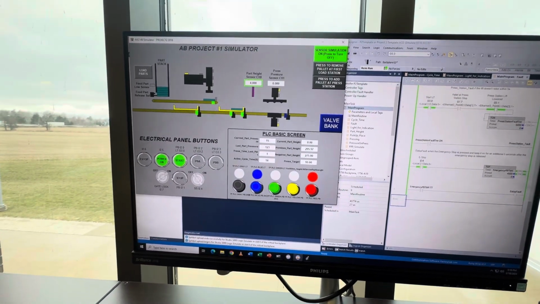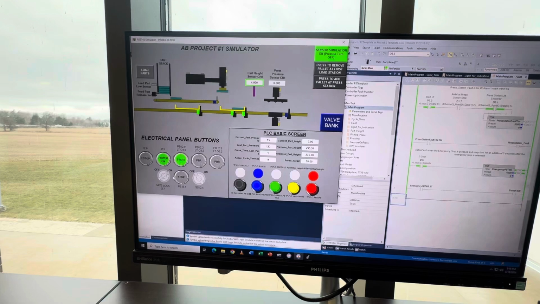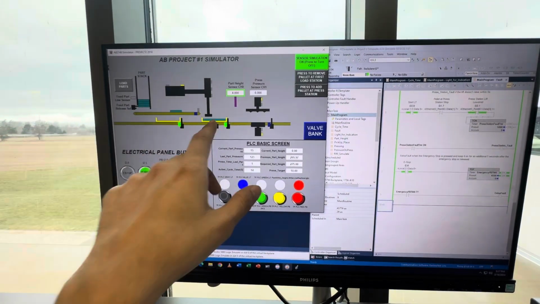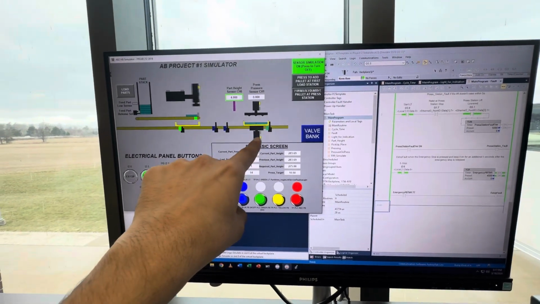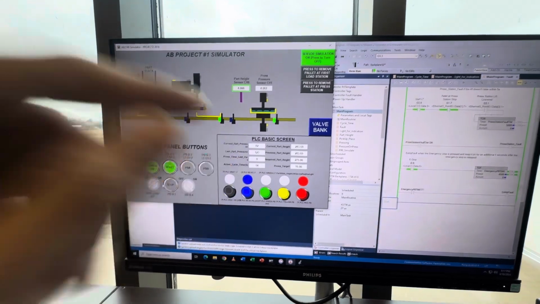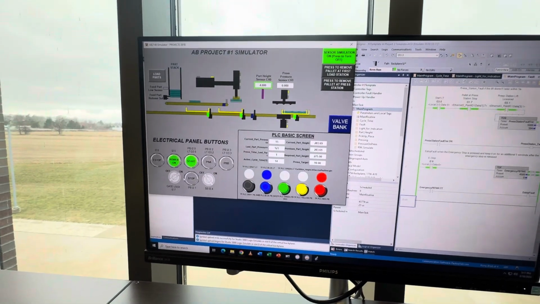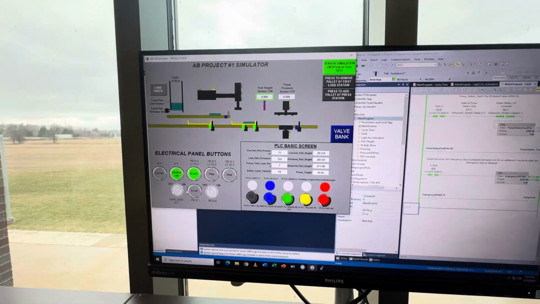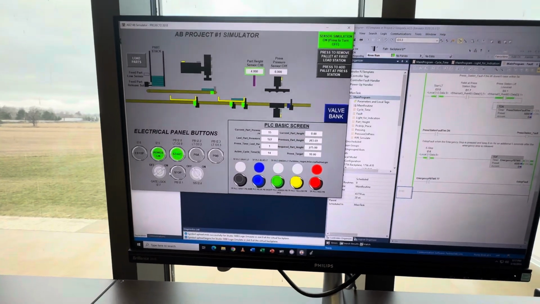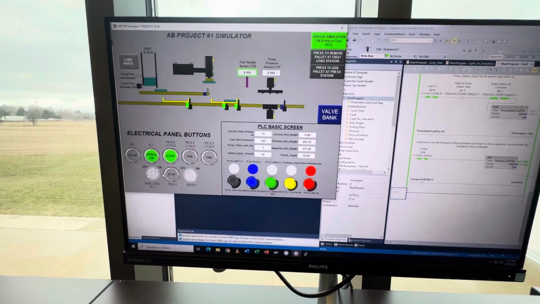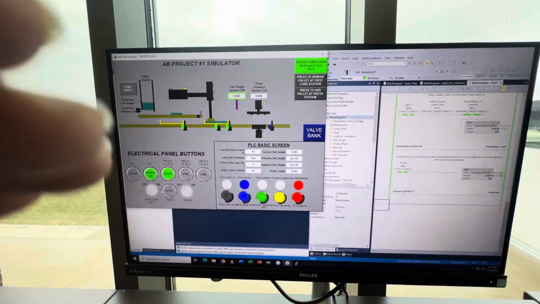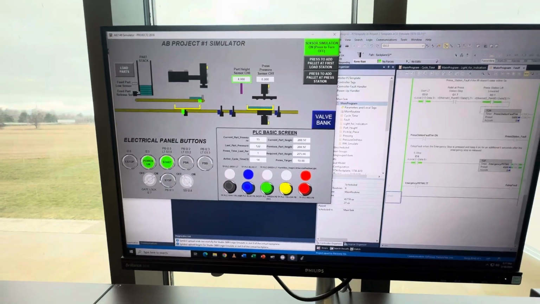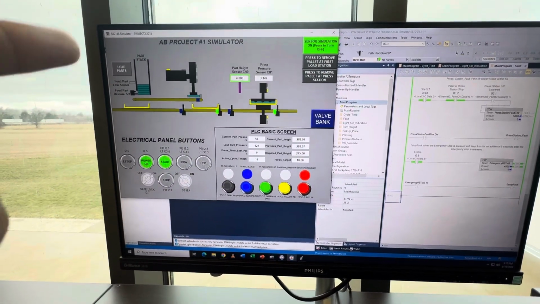And now let's talk about the press station. When the pallet is at the press station, the press station is going up and the press is down. So we have to calculate the value of the pressure. How much pressure is applied by the press machine on the parts, so we can get the desired shape for